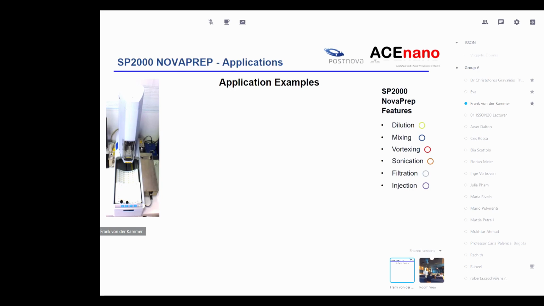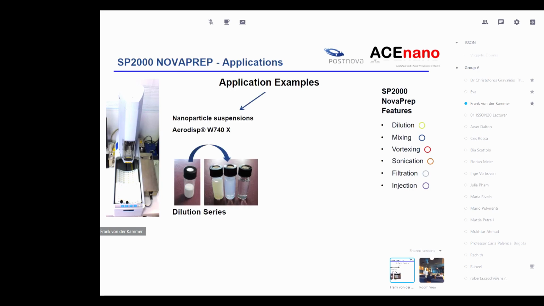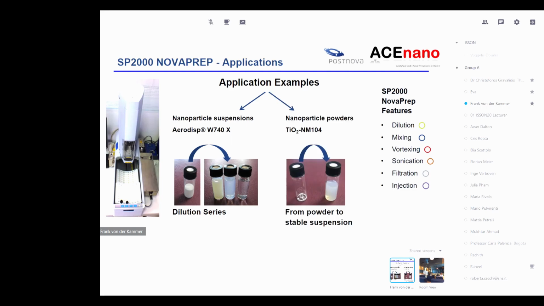I had two application examples, but due to time restrictions, I will give you only one of those two. We have run nanoparticle suspensions in a dilution series that was really successful in terms of reproducibility and variability between the dilutions. So the system can automatically dilute samples to a preset value, but it can also actually take nanoparticle powders and bring them from powder to a stable suspension fully automatically. And this has been shown on the